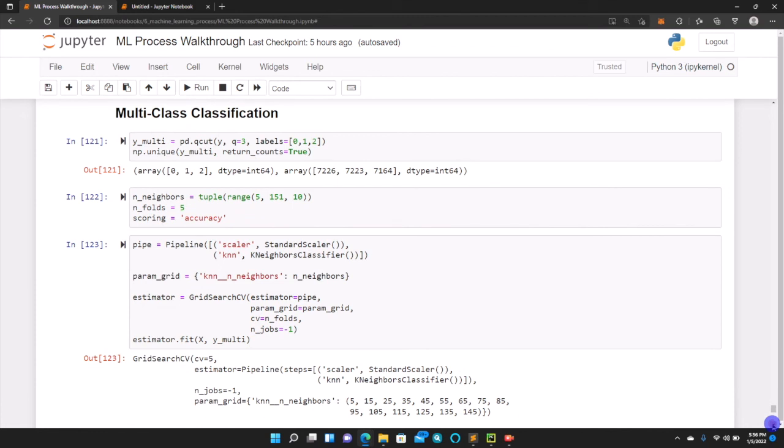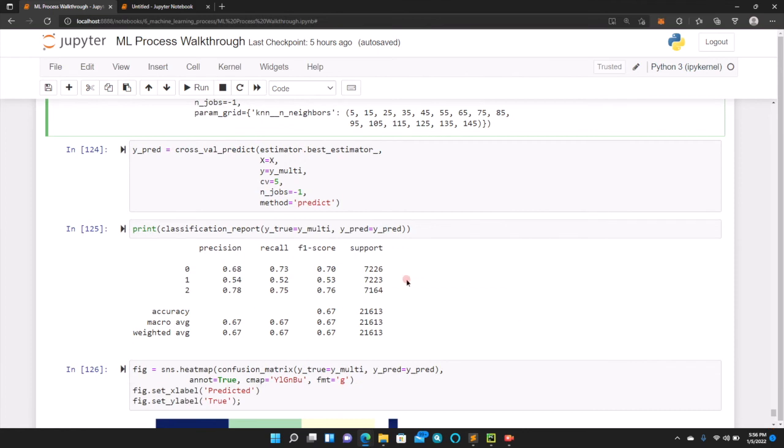Finally, very quickly, we're going to do the same thing, but we're going to change it to multi-class. So in order to make it multi-class, we just cut it into 3 groups by quantile, all right? The lowest third is a 0, the middle third is a 1, the highest third is a 2. And that's it. We can see that they're about equal because we split it into thirds on purpose. And again, we're going to cycle through the number of neighbors from 5 all the way up to 150. Going to do 5-fold cross-validation, and this time we're just using accuracy. Accuracy is the percentage that were put in the right group. And just using exactly the same grid search as before,